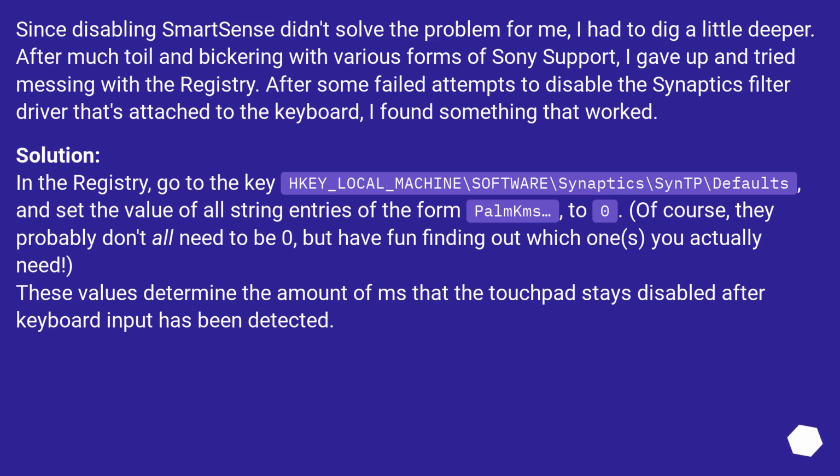Since disabling SmartSense didn't solve the problem for me, I had to dig a little deeper. After much toil and bickering with various forms of Sony support, I gave up and tried messing with the registry. After some failed attempts to disable the Synaptics filter driver that's attached to the keyboard, I found something that worked. Solution. In the registry, go to the